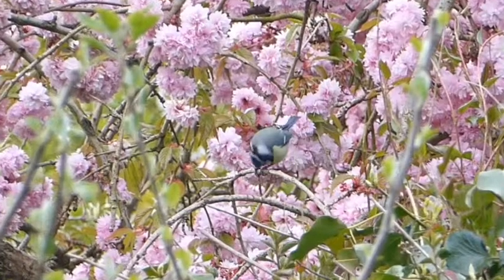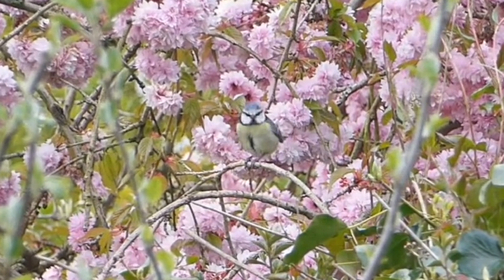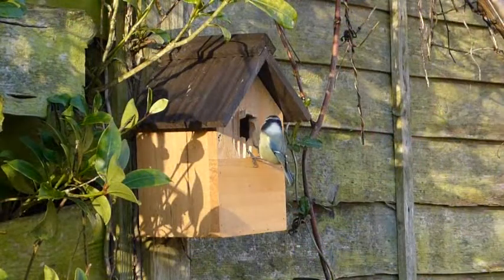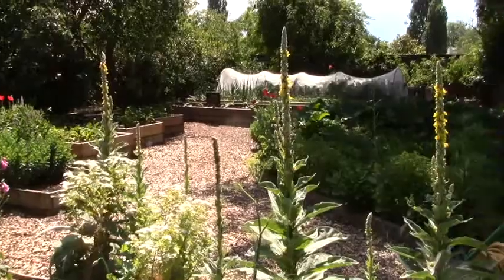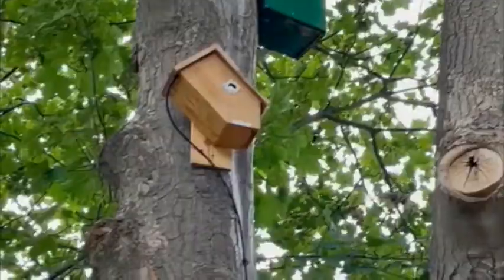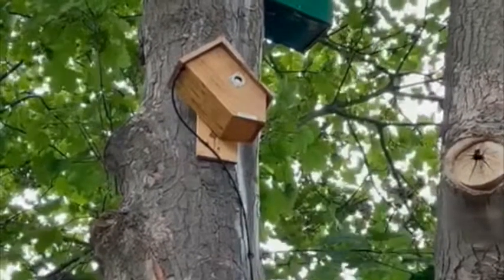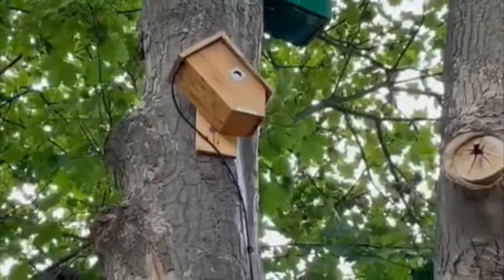With its cheerful blue, white, and yellow plumage, the Eurasian bluetit is one of our most recognizable and beloved birds. They usually nest in tree holes, although they easily adapt to nest boxes like this one. At Brockwell Park Community Greenhouses in South London, we've got our own bird box up in a sycamore tree. It has a camera inside, part of our Windows to Nature project, and in spring of 2021, we already have